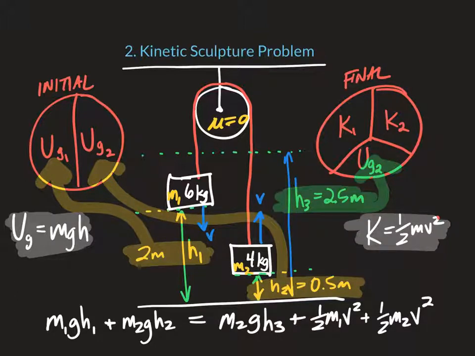So if you didn't get 2.8, could be because you didn't have the right energy balance to begin with, but hopefully you can see that